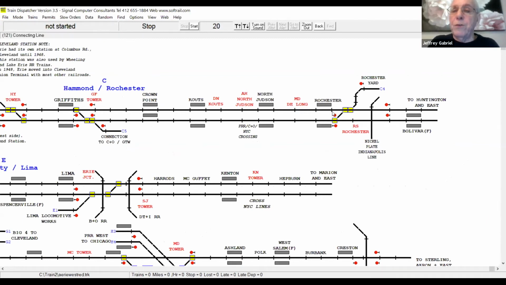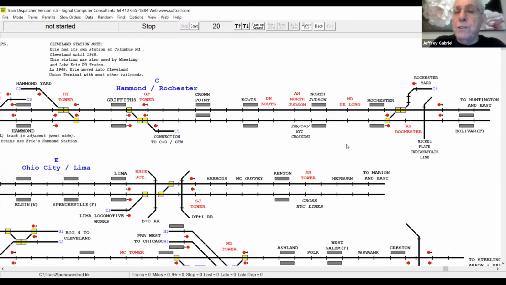And I'm going to first point out Rochester, Indiana. I have some suburban trains, and what little suburban trains ran out of Chicago actually terminated, I believe, in North Judson, but for my convenience I have them terminating in Rochester. We gave them a little longer distance here. Okay, and then North Judson and so forth, and we get to Griffiths.